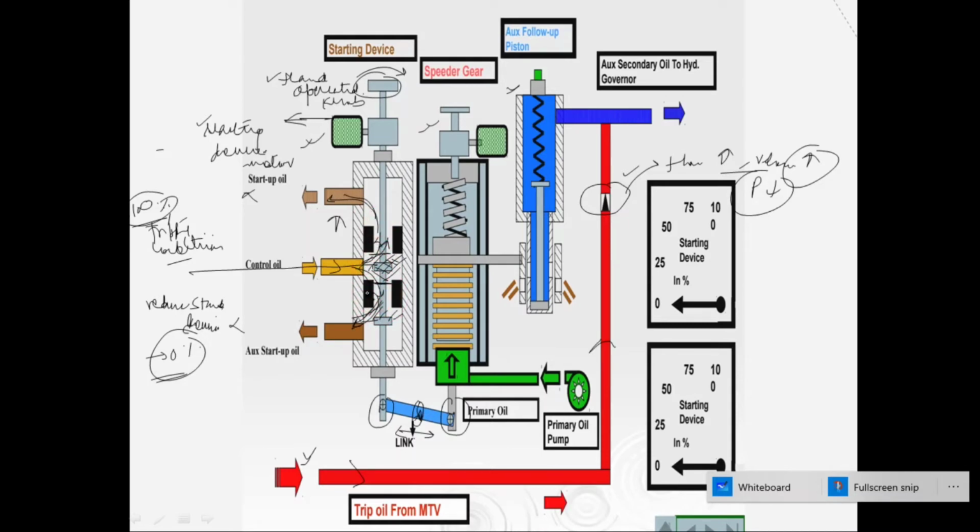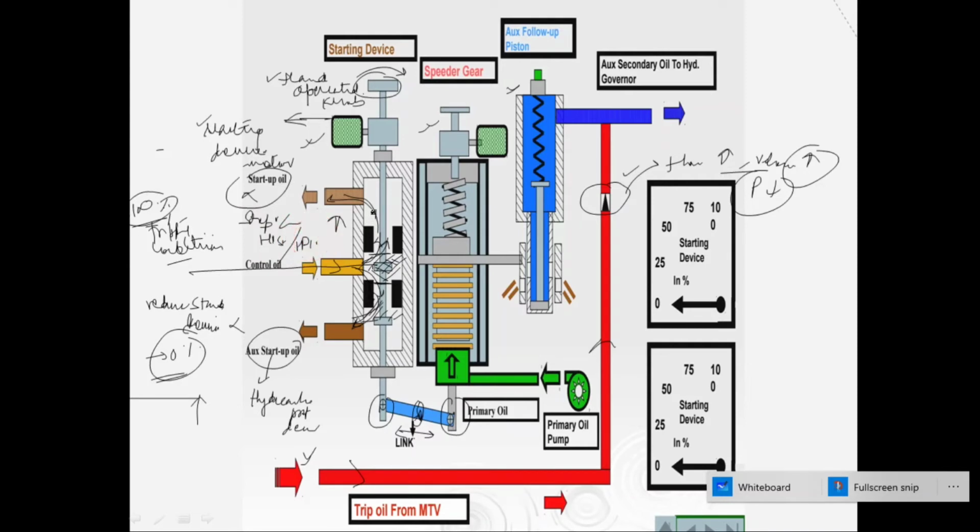Okay, so as you reduce the starting device, you can see that control oil is generating startup oil, and that oil is also contributing auxiliary startup oil, which will reset our hydraulic protection devices, and this will reset our stop valves, HP stop valves and IP stop valves.